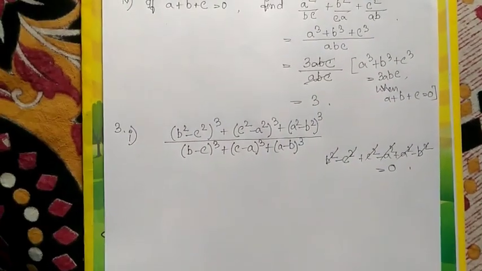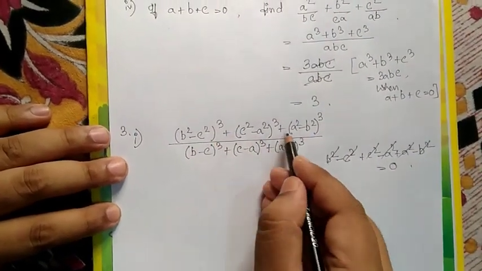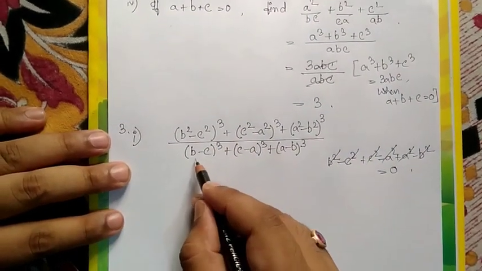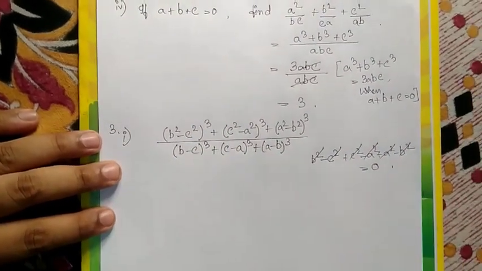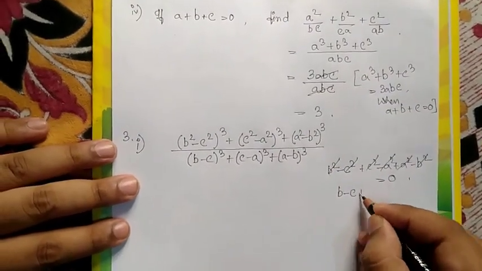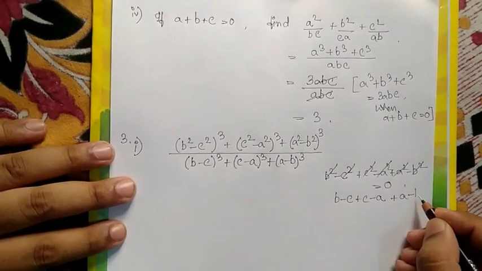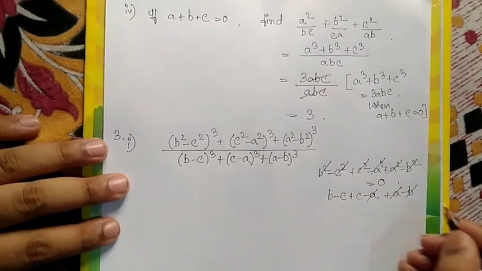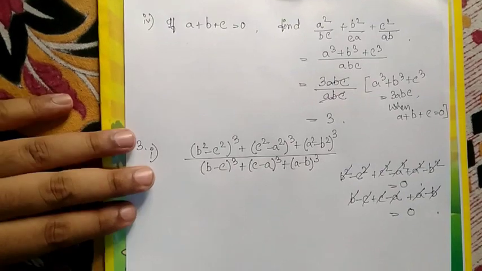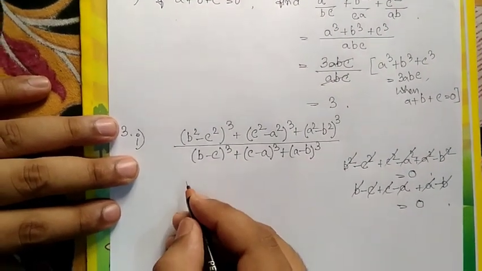So therefore x plus y plus z equal to 0. So therefore x cube plus y cube plus z cube equal to 3xyz, the same formula. And this one, b minus c, if we assume this is x, plus c minus a, this is y, and a minus b, this is z, adding this is also 0. So therefore we put this formula, if x plus y plus z equal to 0, x cube plus y cube plus z cube equal to